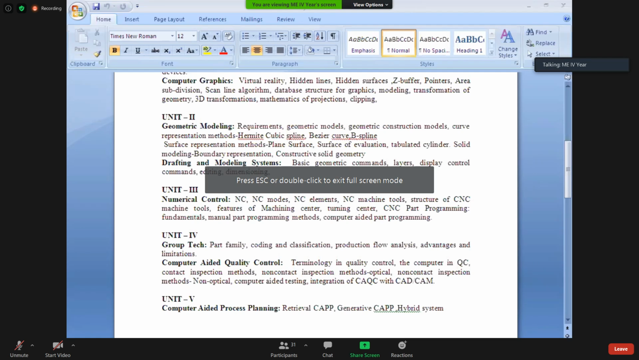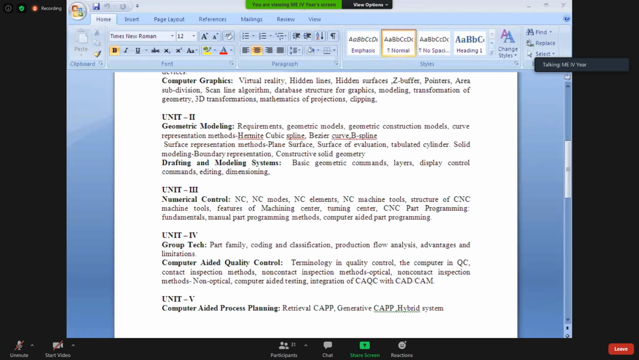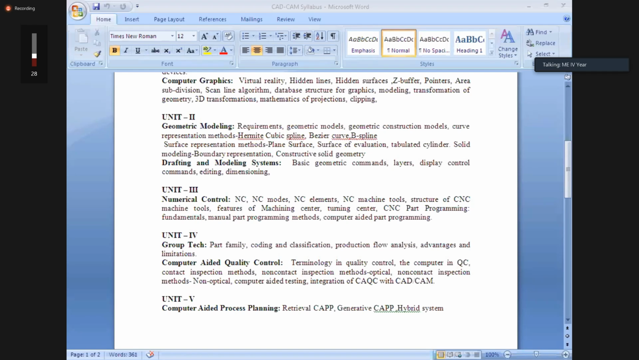Okay, let's start with the introduction. Geometric modeling refers to a set of